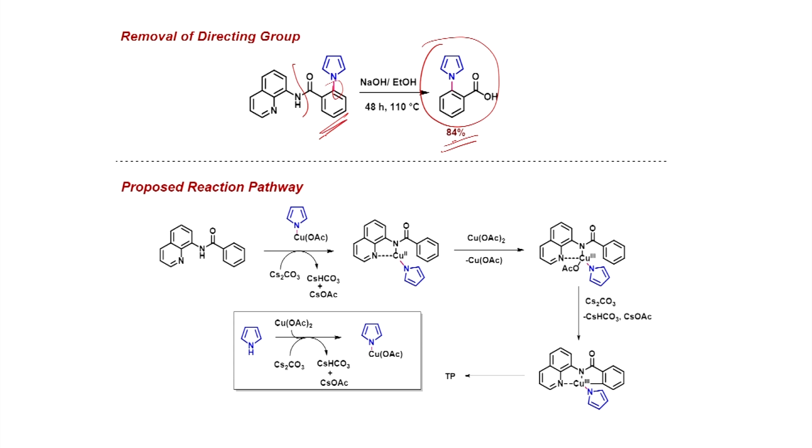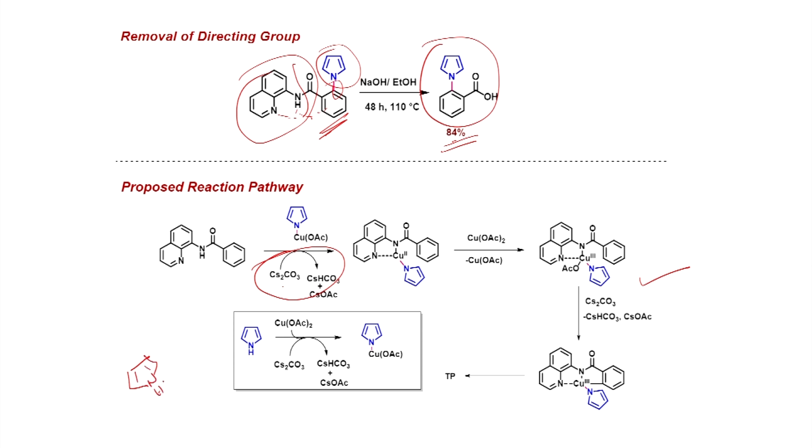So, for example, if you have the benzoic acid, you can make this auxiliary: you react it with 8-aminoquinoline and make the amide. You can use the amide to chelate with your metal salt, then activate the CH bond. In this way, you will be able to introduce the azole moiety. The reaction pathway is shown here. Since you have to carry out the reaction in the presence of base, you can deprotonate.